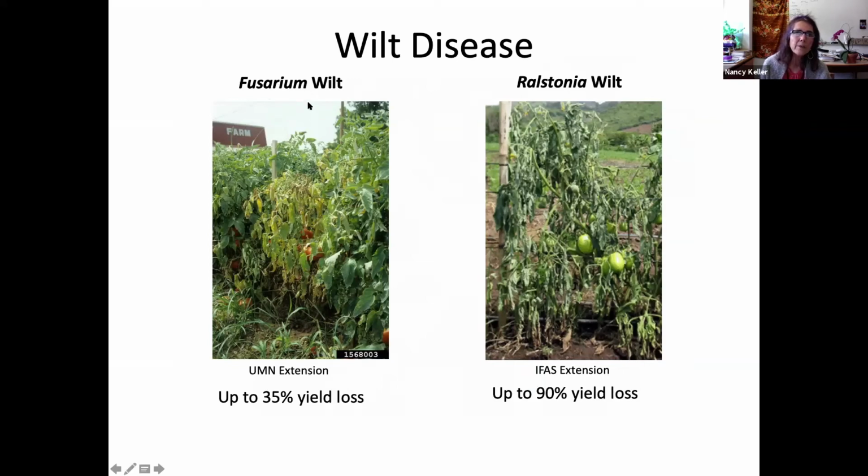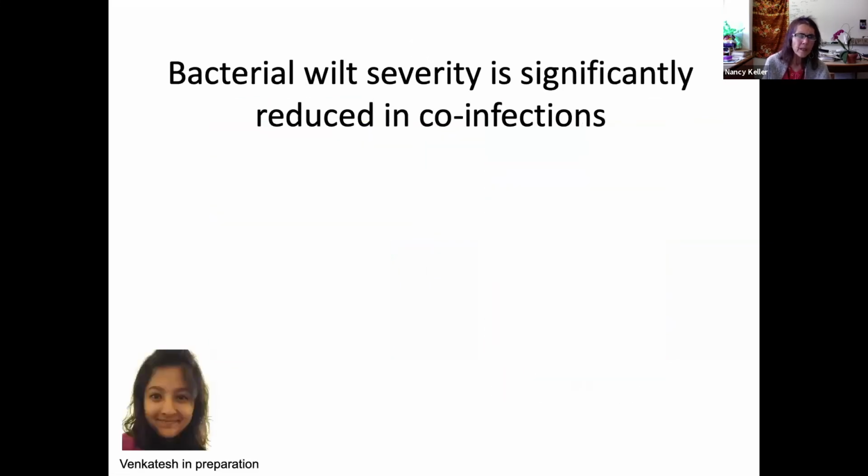So just to reiterate again, I think I'd mentioned that Ralstonia, of course, is a wilt pathogen, but so is Fusarium. So one thing that Nandita has been looking at is, well, what happens when you have these two pathogens together, knowing that Ralstonia can actually enter a chlamydospore of Fusarium, at least in the laboratory. And what is bicaverin doing? So this is work that is in preparation by Nandita.